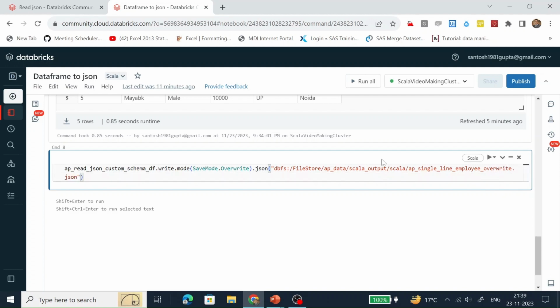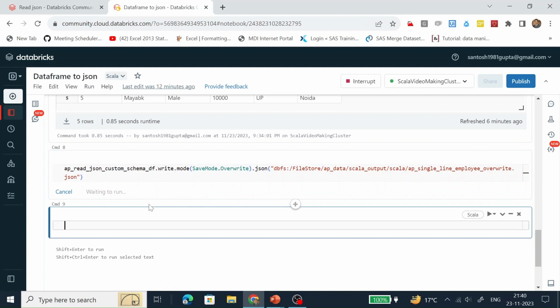So what it will do is this data frame, with the help of the write.json function, will be written in this JSON document with the saving mode overwrite. It means each and every time we call this command, the old data will be replaced with new data.